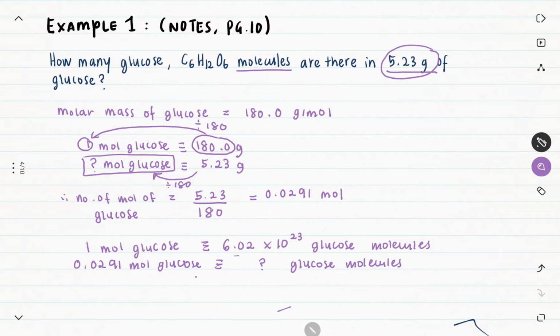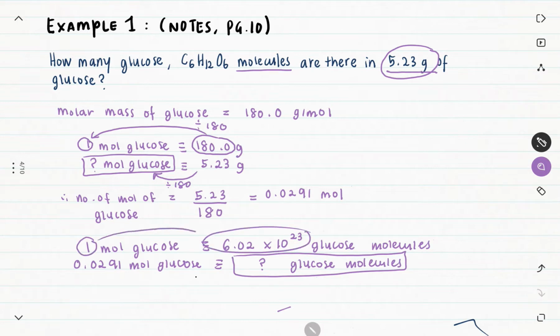So the one that we want to calculate is on our right side. So from 1 to 6.02, you need to times 6.02 times 10 to the power of 23. If above, you times with 6.02 times 10 to the power of 23, so below also you need to times with 6.02 times 10 to the power of 23. So you will get